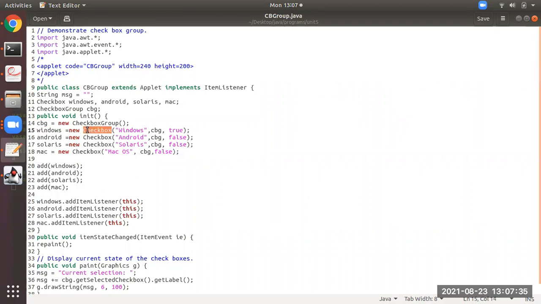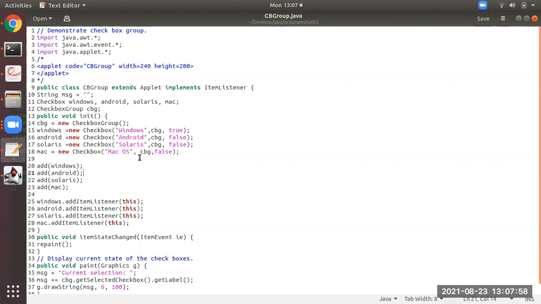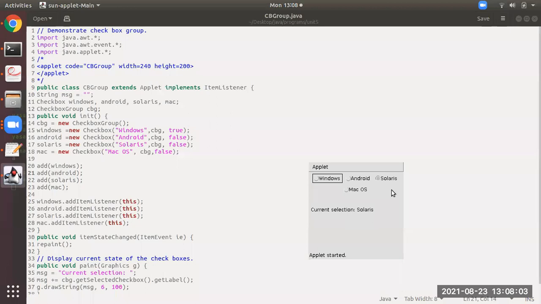Next, when you are instantiating the checkbox, you provide three parameters over here. The second parameter is the name of the object of the CheckboxGroup class, for Android, for Solaris, and for Mac. By this second parameter, Windows, Android, Solaris get displayed in the form of radio buttons. I hope you have understood. After this, observe line number 15 over here, the Boolean value is true. So that is why, when just now